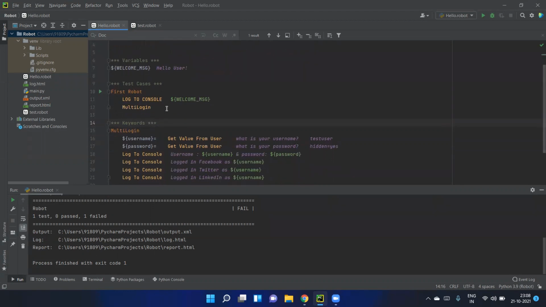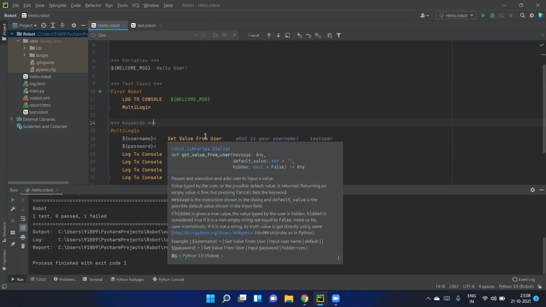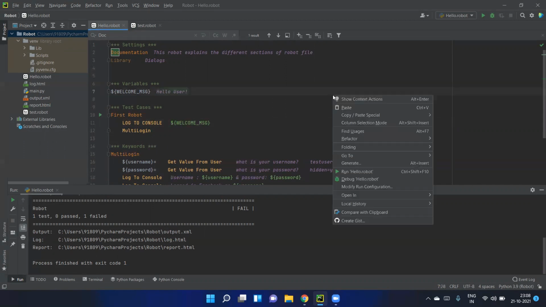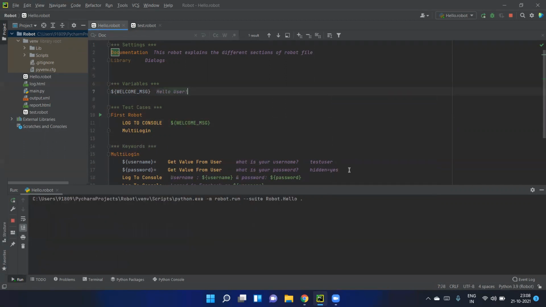And in test cases, we will have the test case name followed by the different steps, but steps will have the prefix of a tab or space character. In keywords, you can mention your own keywords with a lot of steps. Those steps may again contain the built-in keywords, or it can be the user-defined keywords as well. So in simple terms, we have seen all the sections such as settings, variables, test cases, and keywords. Now let's execute this one and see how it goes.